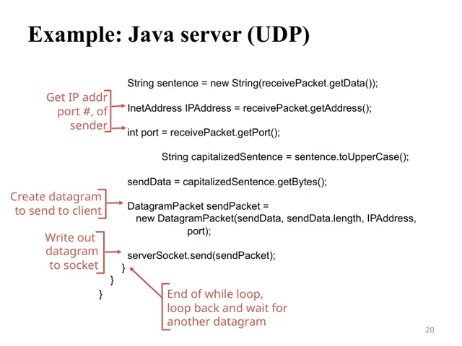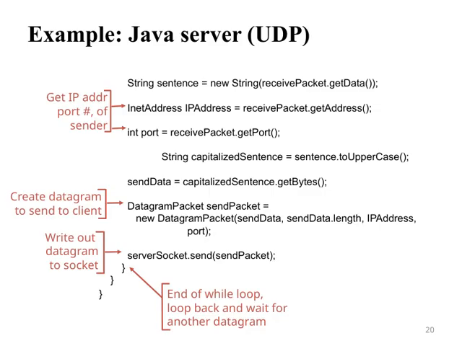Then we process the message by converting it to uppercase. This is just an example of server-side processing. After that, we prepare the data to be sent back by converting the capitalized string into bytes. We create a new datagram packet, which contains this data, along with the recipient's IP address and port number. Once the packet is ready, we send it through the server socket using serverSocket.send